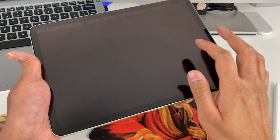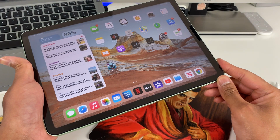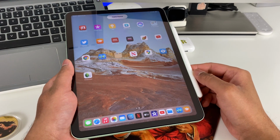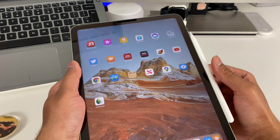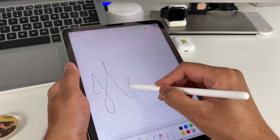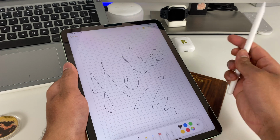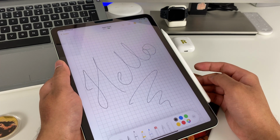It has pro-level features for that mid-tier price like USB Type-C port, all-screen design, Apple Pencil Gen 2 support, and adds Touch ID in the power button for the first time, making it very convenient given the current COVID mask situation. Compromises? Well, the base storage is only 64GB and you do not get any other storage option besides 256 gigs, which skyrockets the price to an iPad Pro equivalent